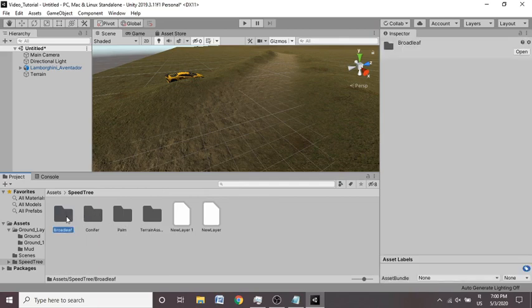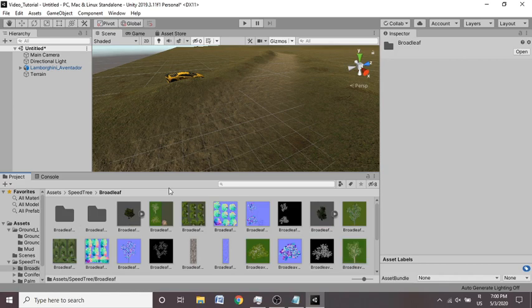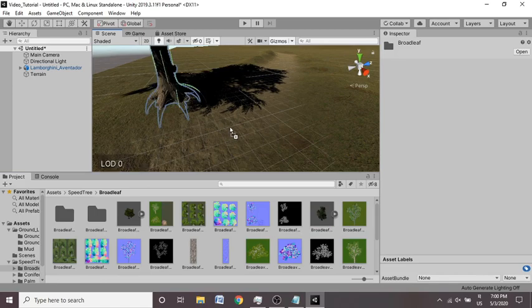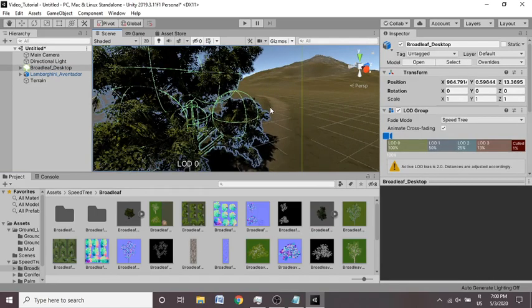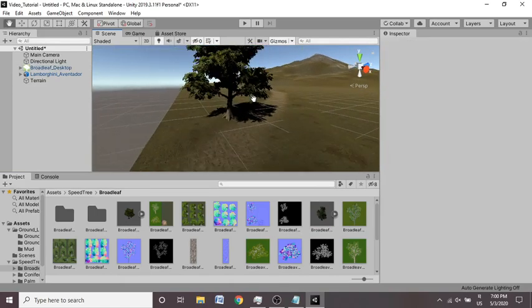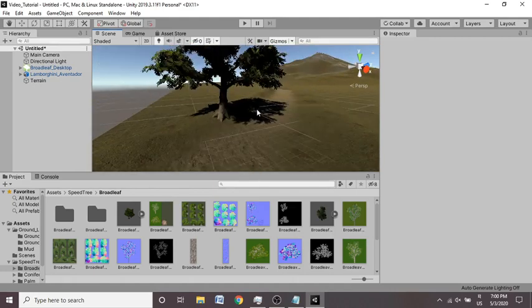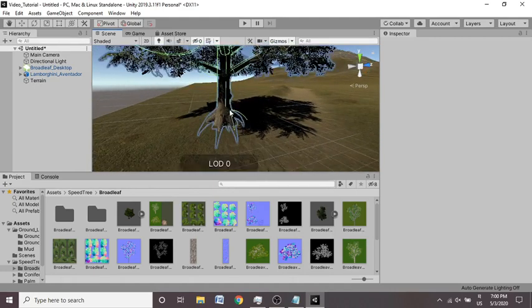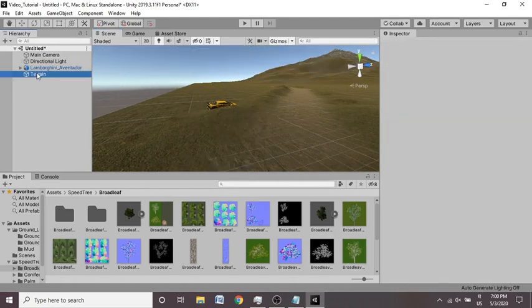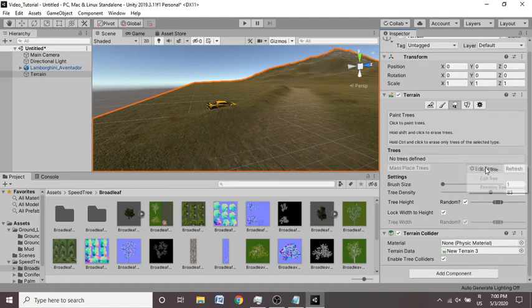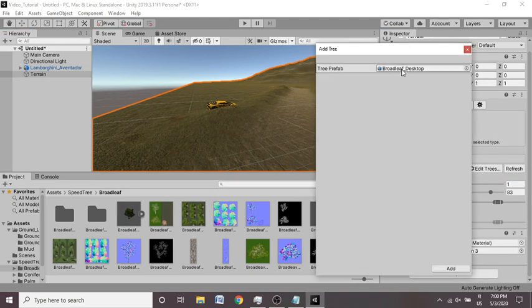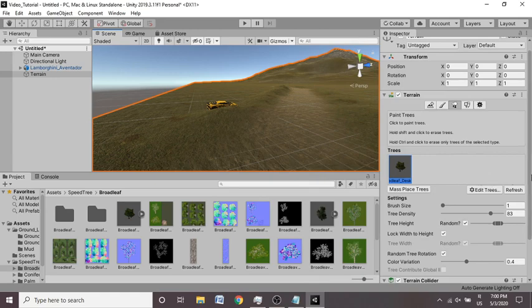So I'm just gonna click on broadleaf tree, and we have this beautiful looking tree just right there. I think this looks quite realistic, and it looks completely fine for a game. I'm just gonna use this, and this is the Unity default tree, which is made available by Unity on the asset store.